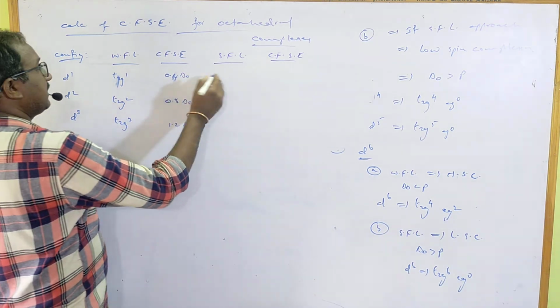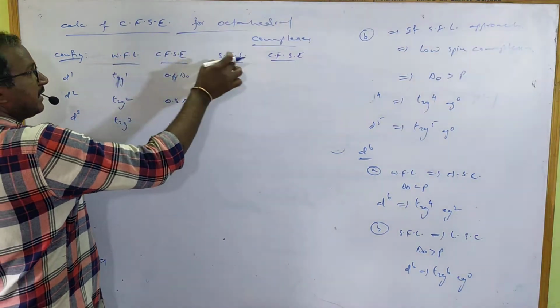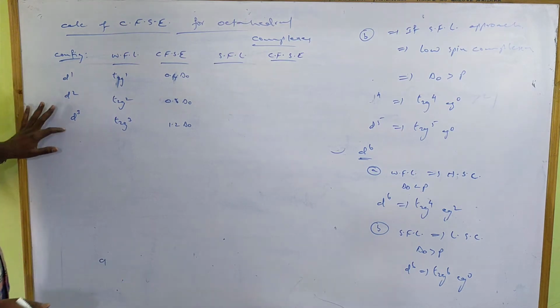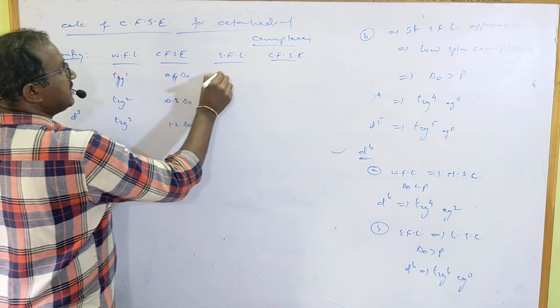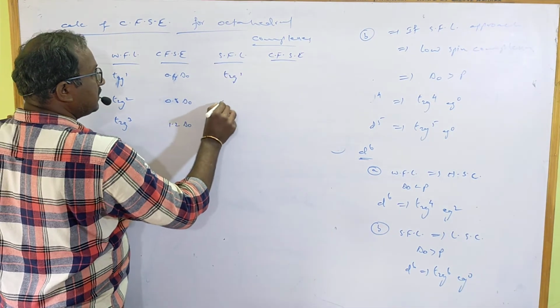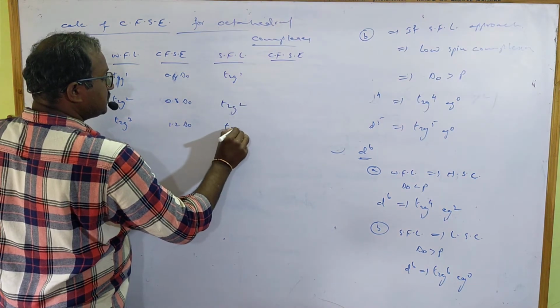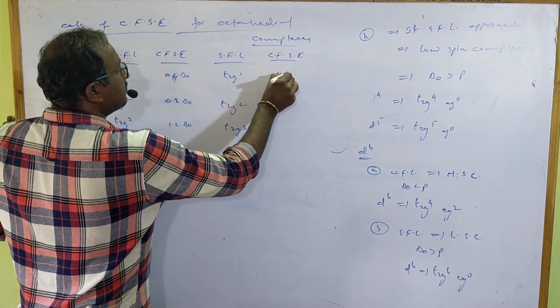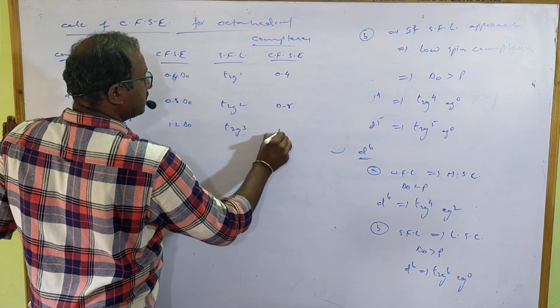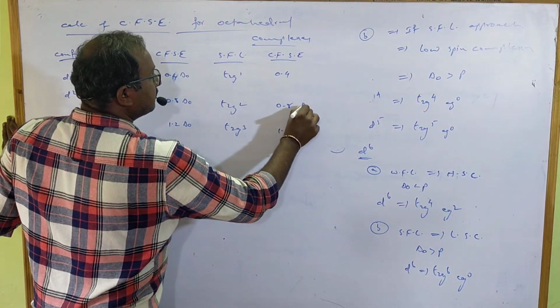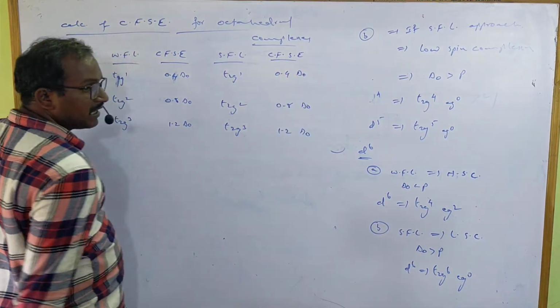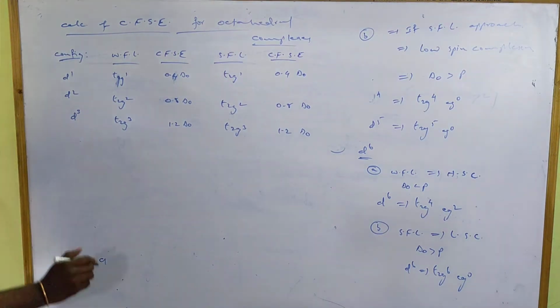And if strong field ligand is there, I already told you, whether weak field ligand or strong field ligand, for d1, d2, d3 the same configuration will be there. Means the same t2g1, t2g2, t2g3, and the same 0.4, 0.8, 1.2 delta O will be there. It will not be changed. But for d4,